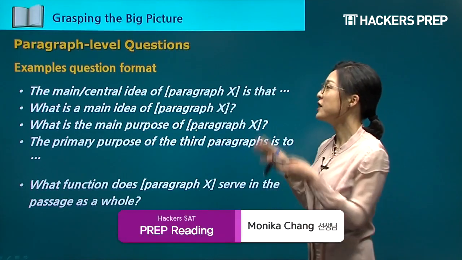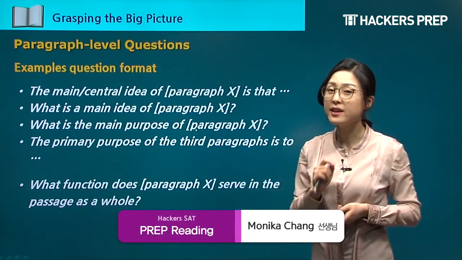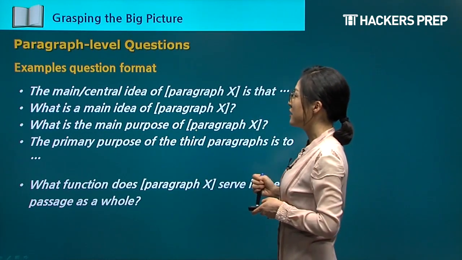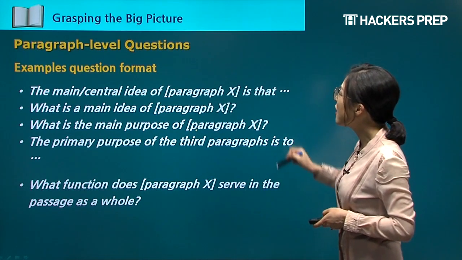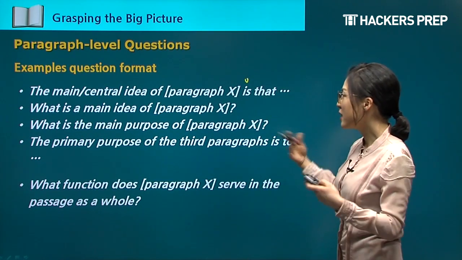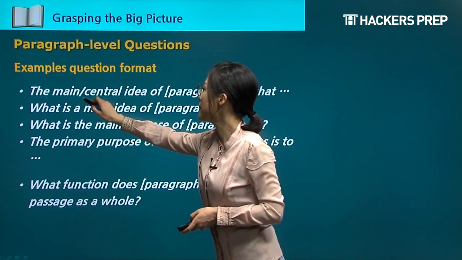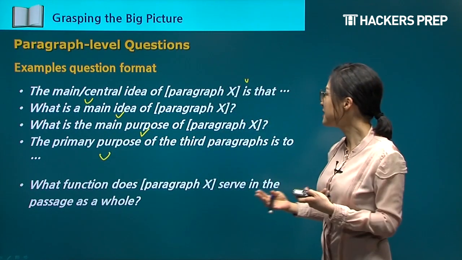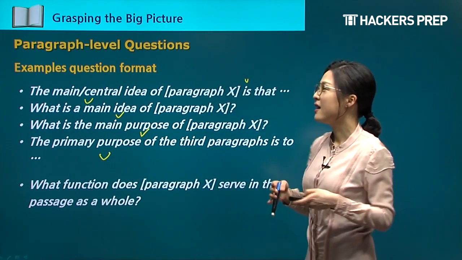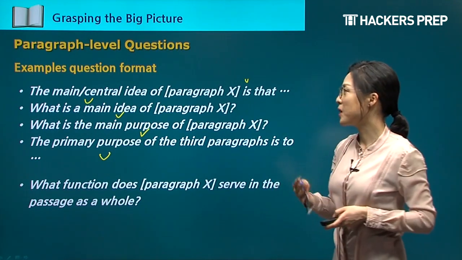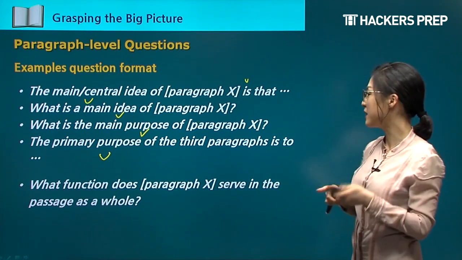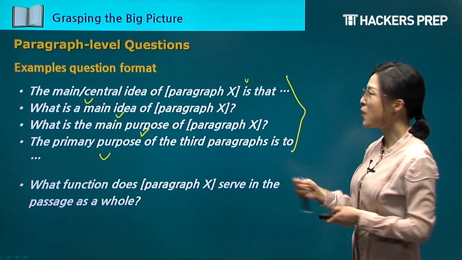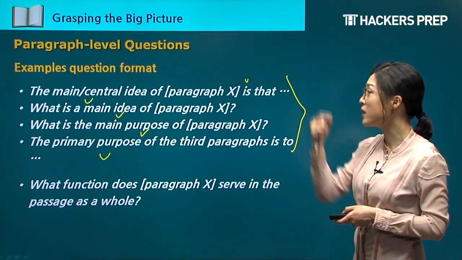Moving on to the same questions that have to do with major textual elements, but this time paragraph level questions. So how will they look? Let's look at the examples. The main central idea of paragraph X is. So again, we see a repetition of the main central idea, main purpose, the primary purpose. So they're asking you, okay, what is exactly the idea and the purpose central to that specific area in the reading passage? Now, while you see the questions that are quite simple, meaning they're focused on just one paragraph,